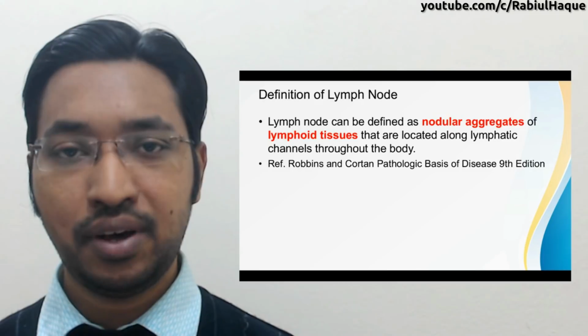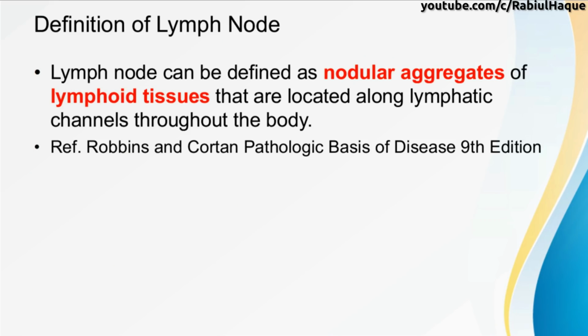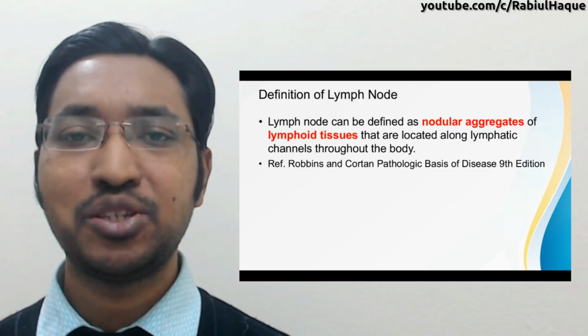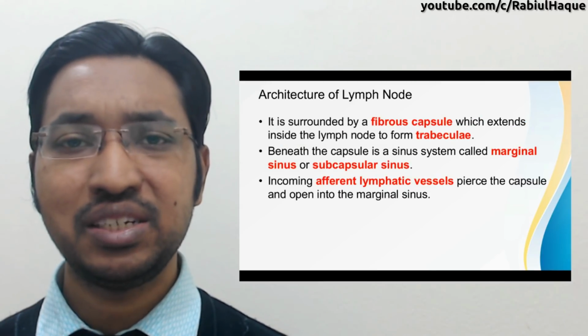So, how can we define lymph node? Lymph node can be defined as nodular aggregates of lymphoid tissues that are located along lymphatic channels throughout the body. So I am repeating the definition again for my students. Always remember, lymph node can be defined as nodular aggregates of lymphoid tissues that are located along lymphatic channels throughout the body. So now that we have defined lymph node, let's move on and talk about the fascinating architecture